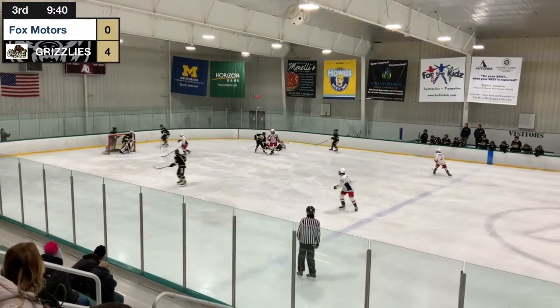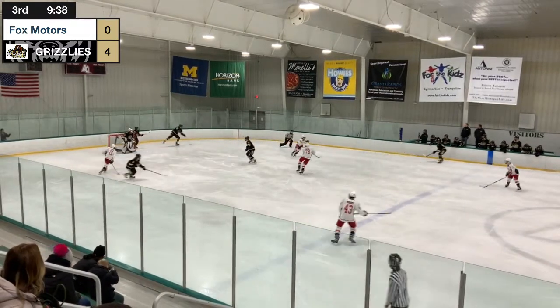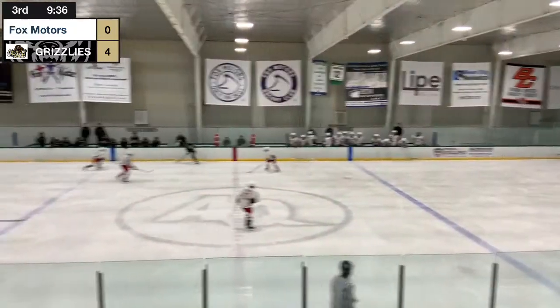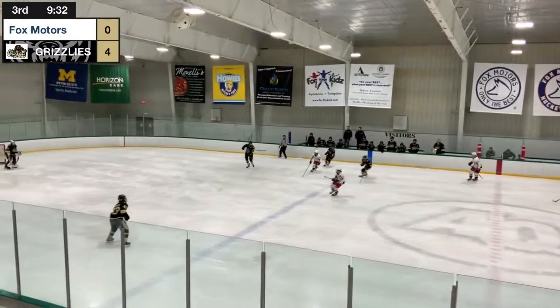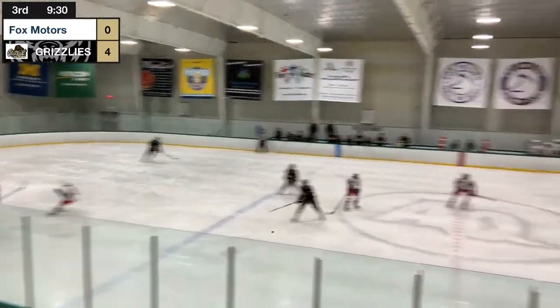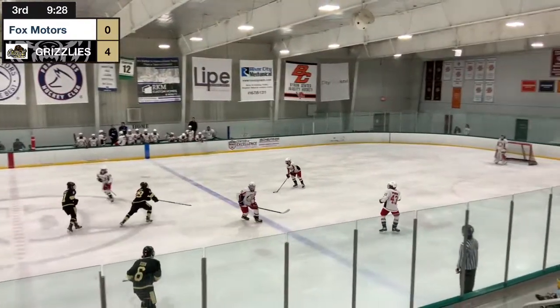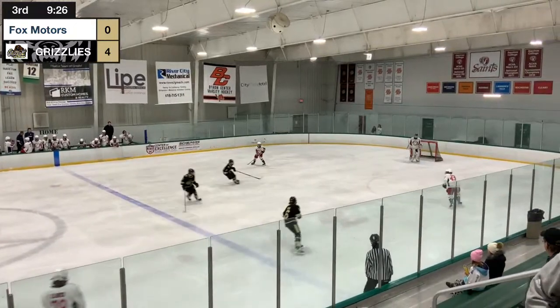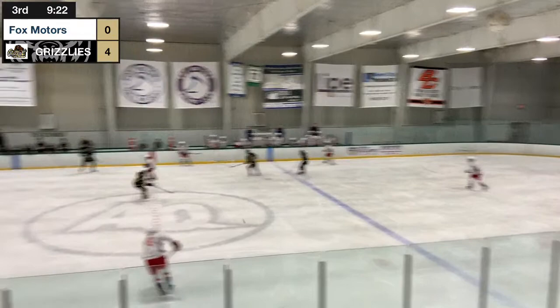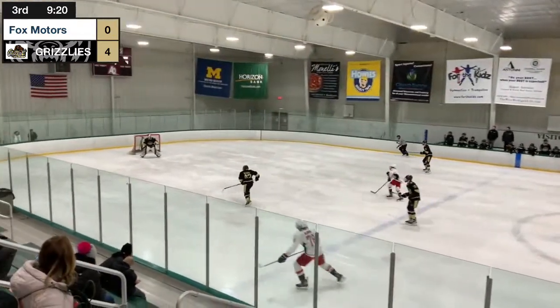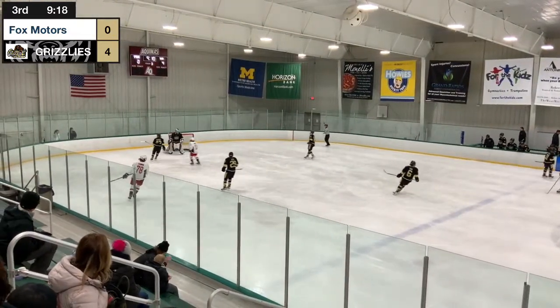Dorgan with the puck. Comes behind the net for safety. Ref fell down on the face-off. Dorgan throws it up to Brady. It's out to center ice. Kicks it back to his stick. Dorgan has it. Cross to Beckwith. Beckwith through the middle. Noah's stick was lifted. Fox has it in their own zone. D to D. Grizzlies figure out how to do the forecheck. They go cross ice. Don't connect. It's going to go down for an icing.